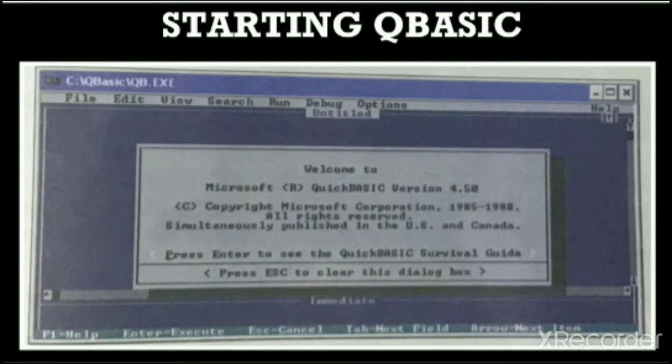When you start QBasic, this window will appear on your screen. You can see that in the diagram. It has a welcome dialog box that gives details such as the version number of the QBasic language. Now you have to press the escape key to go to the main QBasic window.